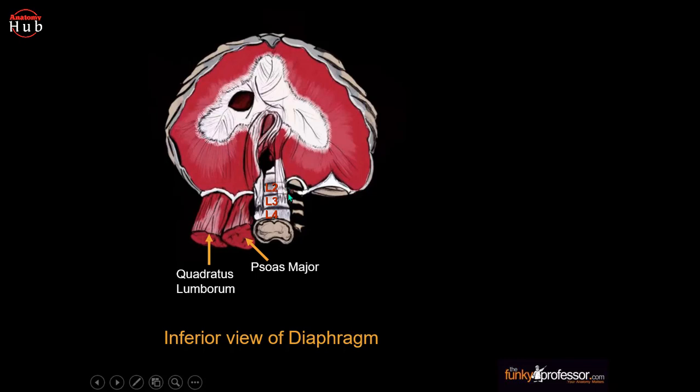gives origin to this diaphragm, and the muscle fibers of this diaphragm combine to form a central tendon over here that you can observe, and this tendon ascends to fuse with the inferior surface of the fibrous pericardium. On either side of the pericardium, the diaphragm ascends to form the left and right domes. At least the right dome lies slightly higher than the left dome. This is thought to be due to the presence of the liver.